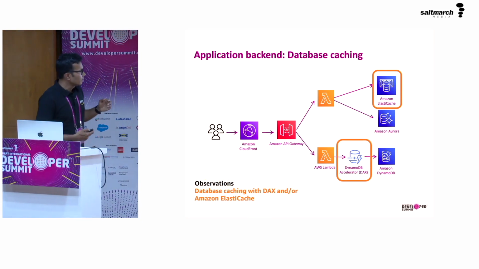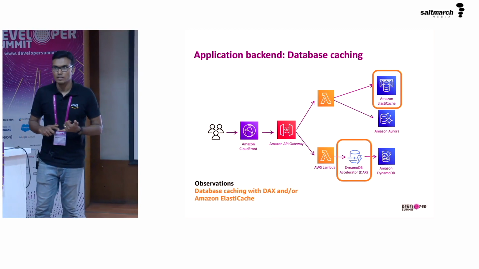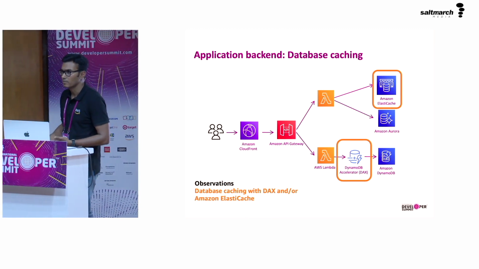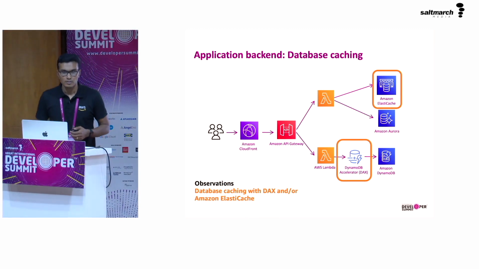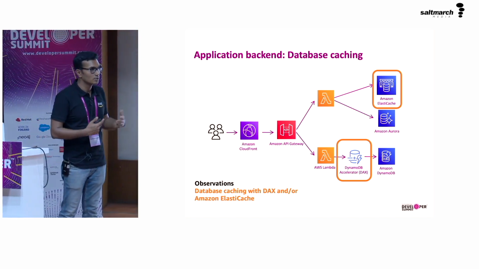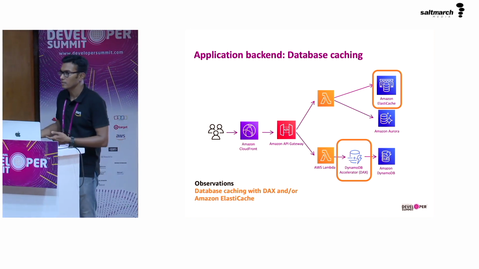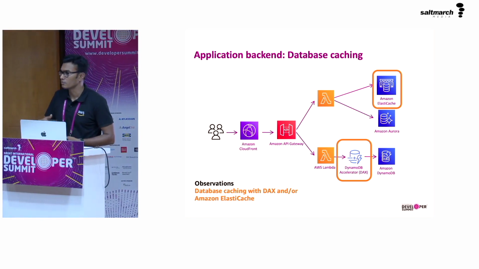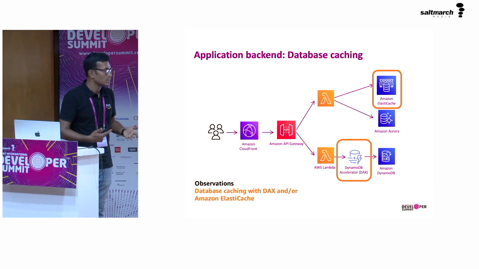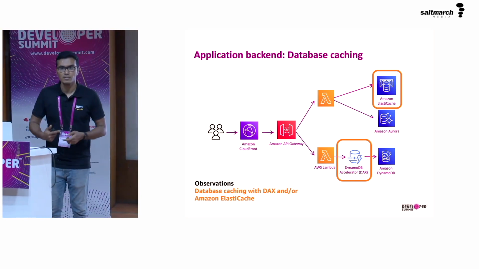From the caching standpoint, you have Amazon ElastiCache, which comes with Redis or Memcached compatible instances that you can configure. So when the Lambda function is making a query to your relational database, it can first check if the data is already there in ElastiCache. If it is not there, then it will go and fetch it from the Aurora database and then add it to the cache,